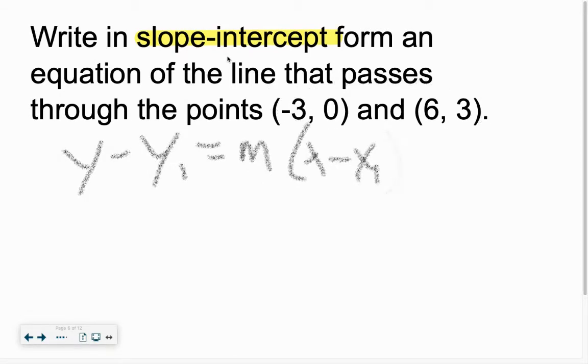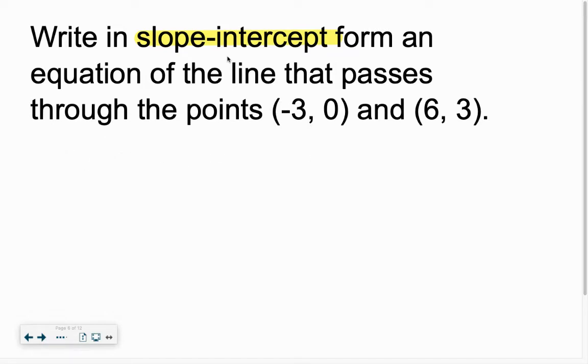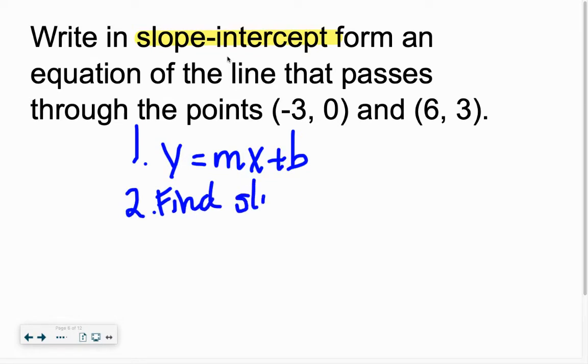Nope. Just undo that. I have this theory that if they say write in slope-intercept form, then let's do like we just did in a previous lesson. Let's do our 5 steps, where step 1 is to write down slope-intercept form, y equals mx plus b. Step 2 was to find your slope, find m. And that's where we wrote down that m equals slope, which usually we said was rise over run, but since